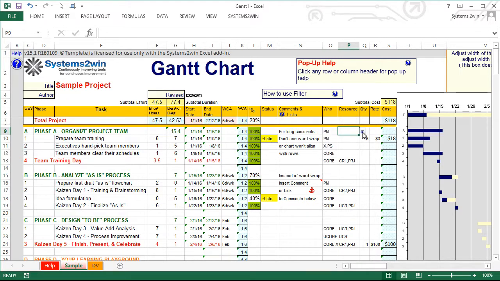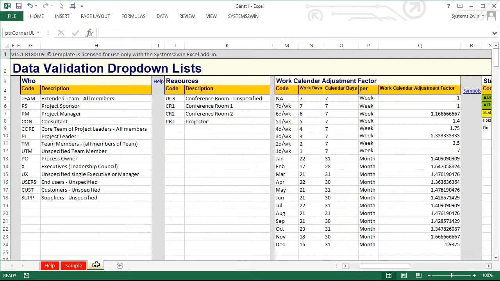And wherever you see any drop-down list, you will see a DV worksheet. And when you select that DV tab, that's where you'll find that all drop-down lists are defined. And this is where you can easily add another choice to a drop-down list. And this is also where you can come to see a legend of what each potentially short code means.